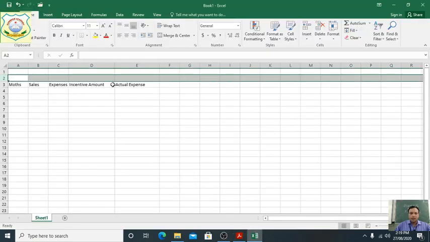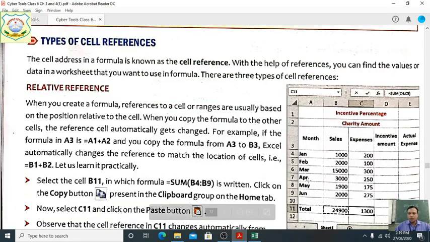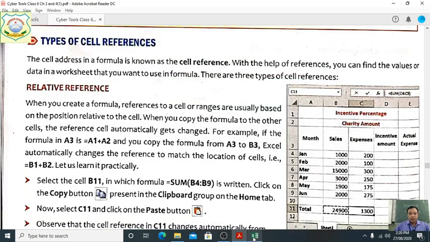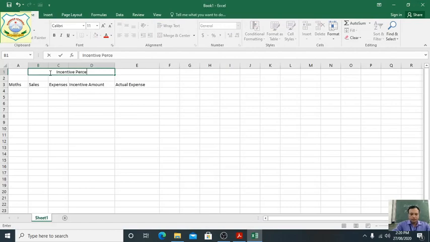Also we will write here incentive amount. Where is it? B, C, D, that is all used here. So how will we write here? We select B, C, D this way, and now merge and center. Okay? Then you have to write here incentive percentage.